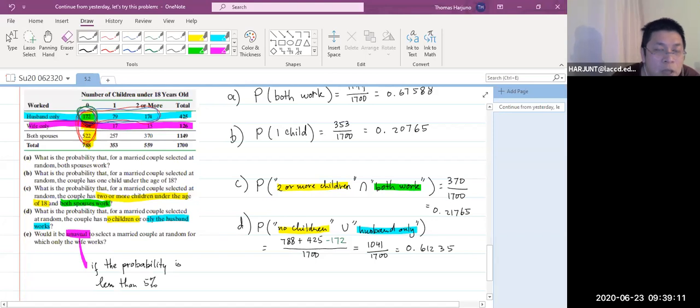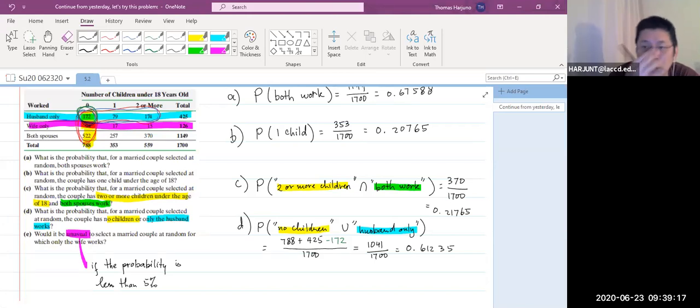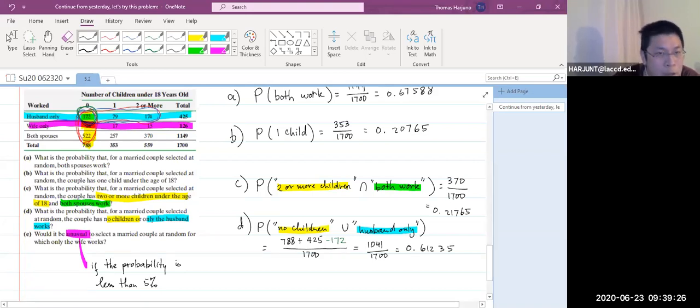Now, this 5% cutoff is not set in stone, but these are the numbers we usually use in social science. Like in daily life, we use 5%. Of course, in the medical field, especially when it has something to do with life, then we usually set it at much, much lower than 5%, to the point of 0.5%, as I remember. Okay, yeah. So to answer this question, is it usual or unusual to find a married couple where only the wife works? Then we need to see the probability that only the wife works